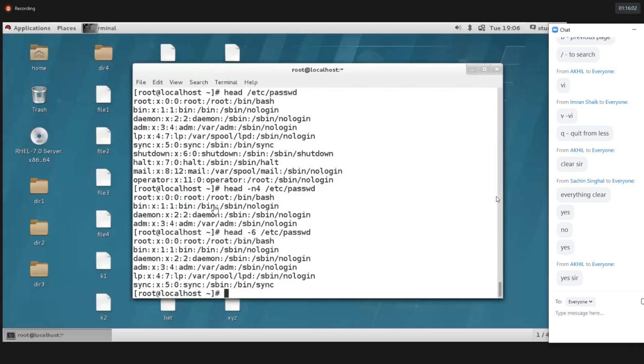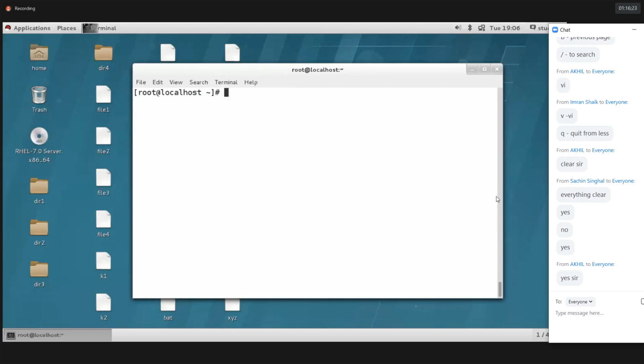So clear guys, I hope you got it. Head is a command to print the starting 10 lines by default, and then according to your requirement you can give how many lines you need. Okay, next.